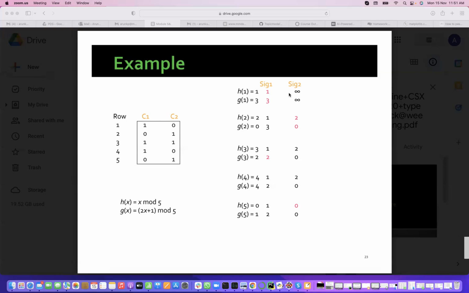Do you understand what I'm saying? Putting all signatures as infinity in the beginning means they haven't got a 1 in the whole column. Is it clear? Initially, for that hash map, you put all infinity. For each column, infinity stands for no row having got a 1 yet after this hashing. Then we start updating. If we see that the third row is 1, then there is no meaning of keeping infinity, since we have now seen a 1 in that column.